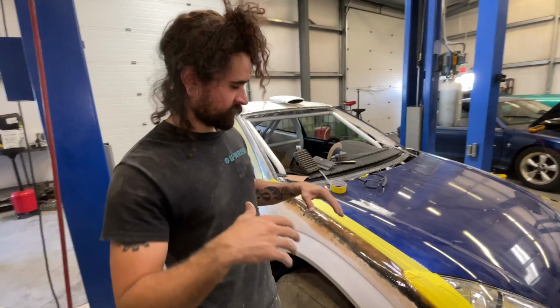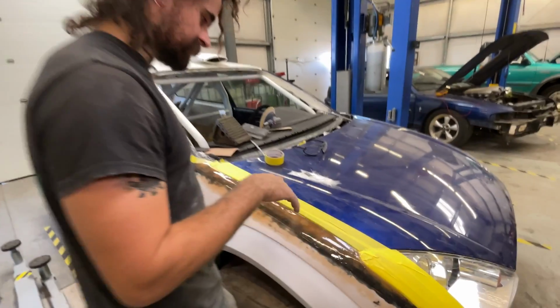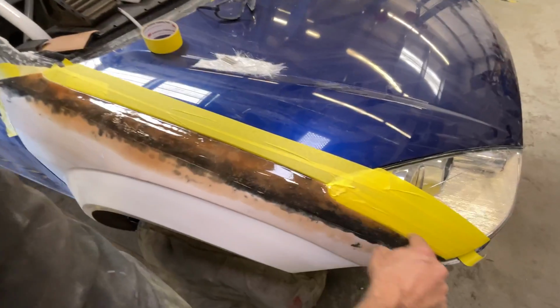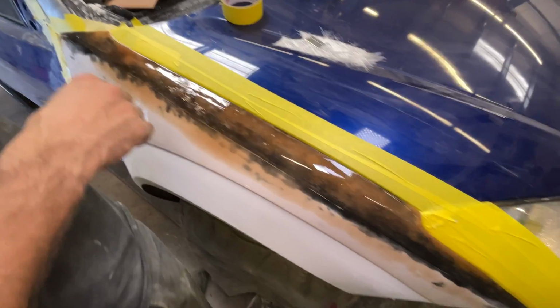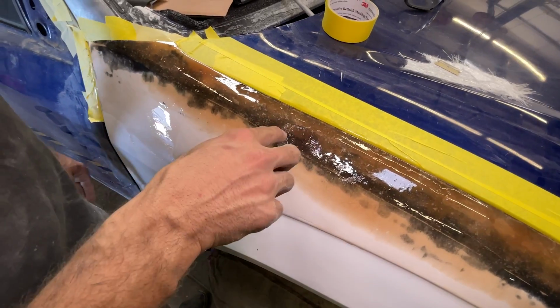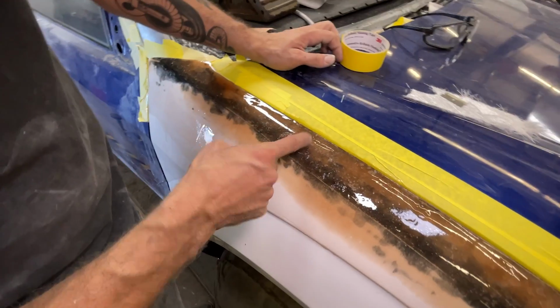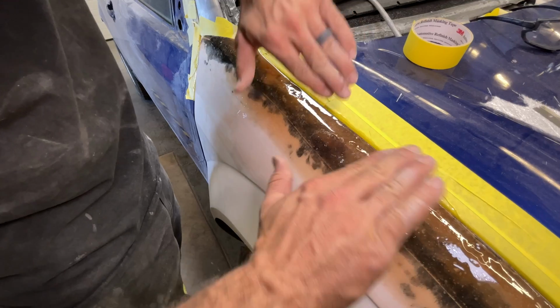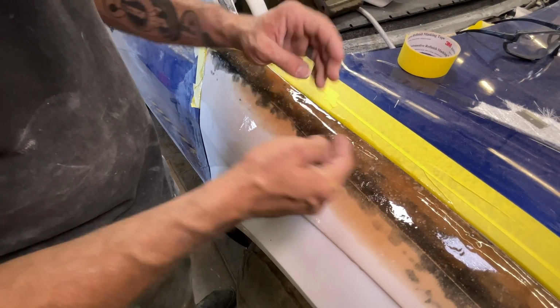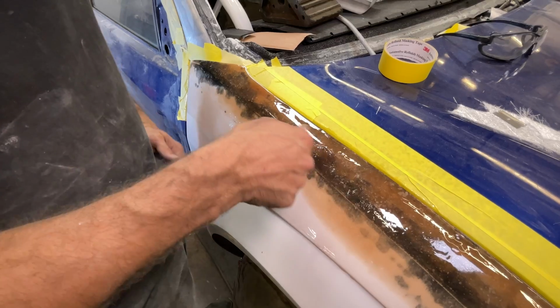We got all the jambs and gaps and everything all nice and trimmed up, so this is all fitting really nice up against the headlight and up against the hood. You've probably seen that we had a pretty good air bubble that had formed in the fiberglass right here. So what I did was took a carbide burr and went ahead and kind of put a taper in it so it didn't have a real abrupt edge. I ground out all the loose fiberglass in there,